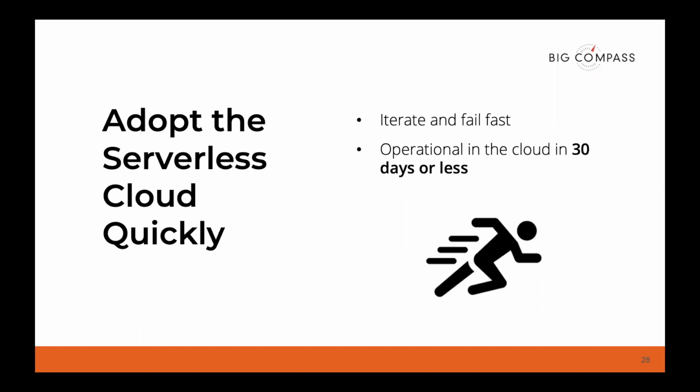And what you can do is use this approach where you iterate and fail fast. That allows you to adopt a serverless cloud quickly and for pretty minimal expense, because you can take those good serverless candidates that you've been wanting to move, try to prove a solution, maybe in a POC type fashion, and move them to the serverless cloud and just see if they work for you. Maybe run some QA traffic through there. If you're ambitious, maybe you can get it all the way to production in 30 days or less. And this type of approach will allow your business to test the waters with minimal risk. So I strongly believe in this approach.